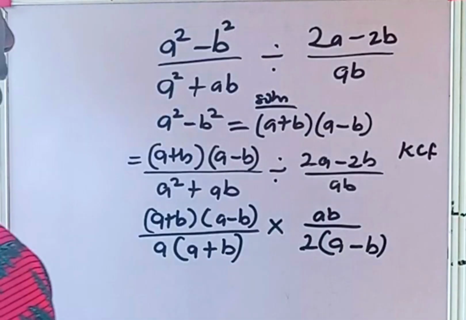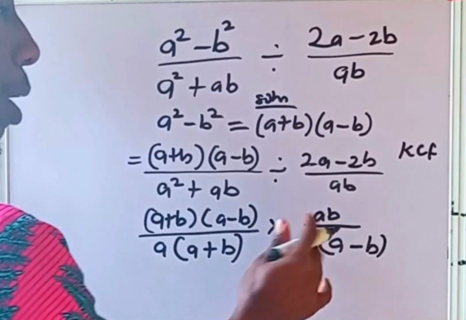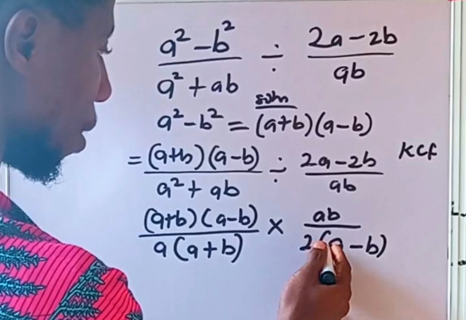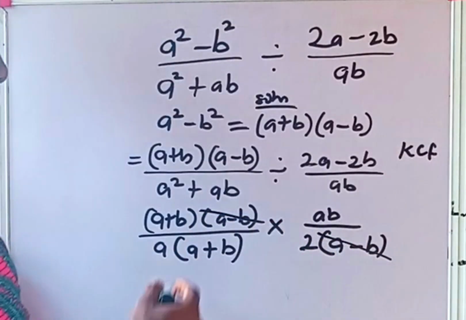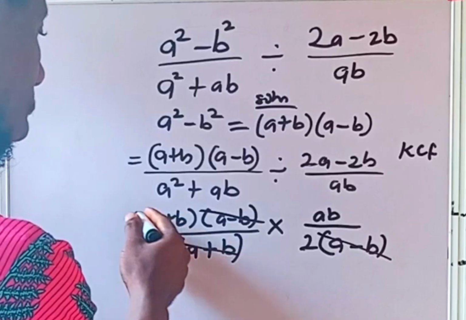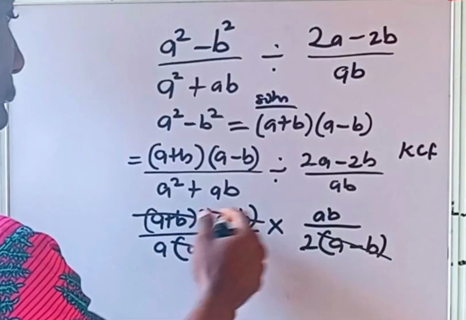All right guys, so now that we have done simplifying this, we just have to cancel out to get our final answer. Look at it very closely. (a − b), we cancel out this (a − b). All right, (a + b), we cancel out this (a + b). So we are left with